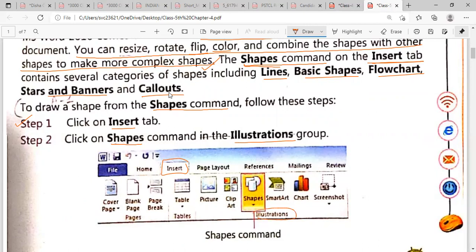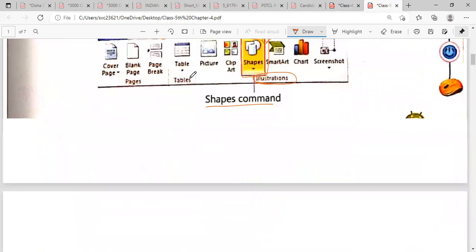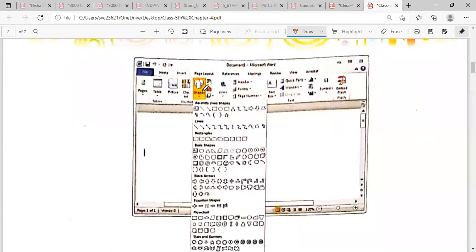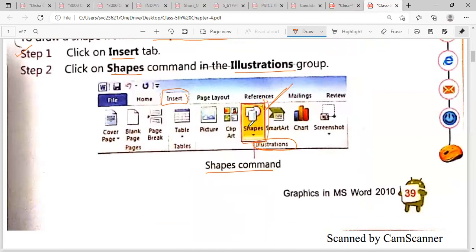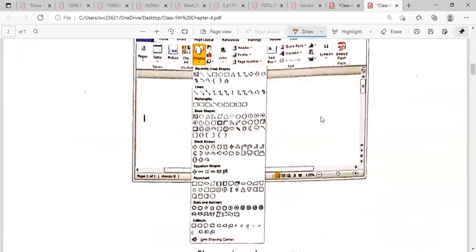This is your Illustrations group, and here you will find shapes. Click on the shapes command. After that, when you click on this shapes command, you will find so many shapes. Now see, there are a lot of shapes there.